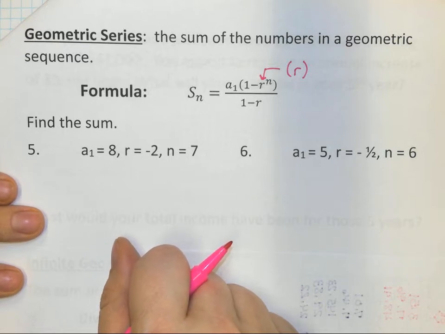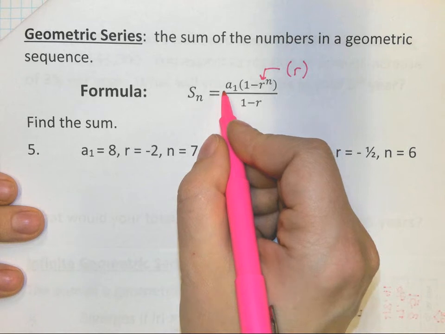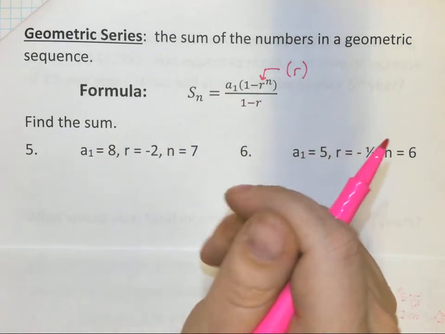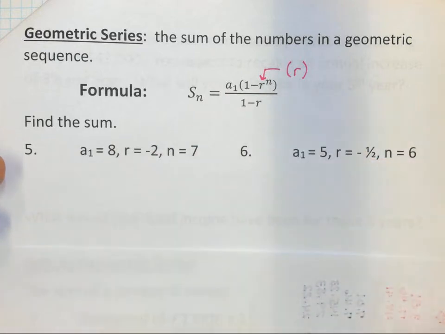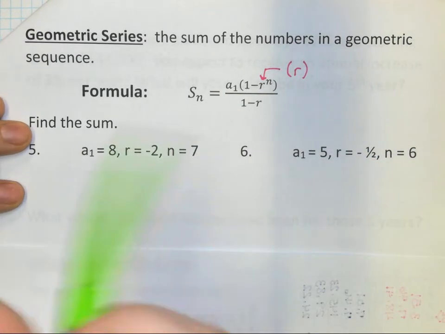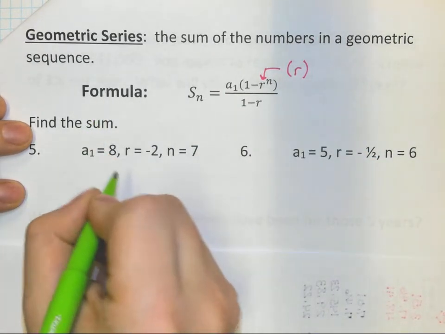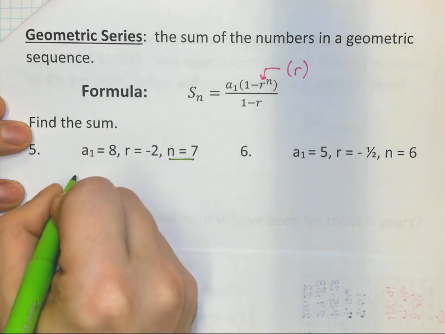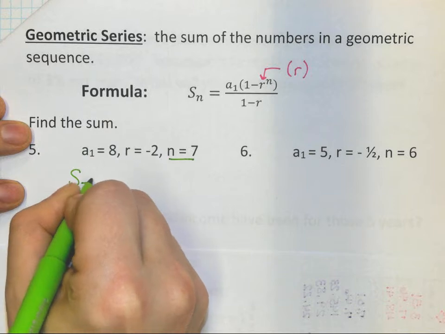All right, it's a very simple equation. This to me is actually easier than the arithmetic series because you really have 2 variables. First term and ratio, boom, that's it. So to find the sum, we're going to say the nth sum, so in this case n is 7. So the sum of the first 7 terms,